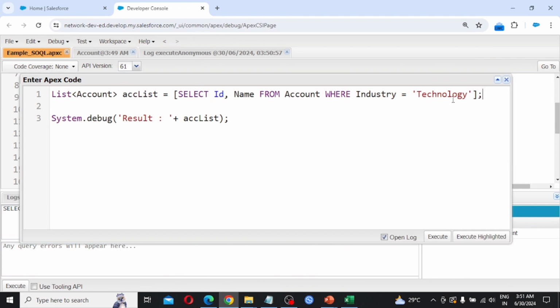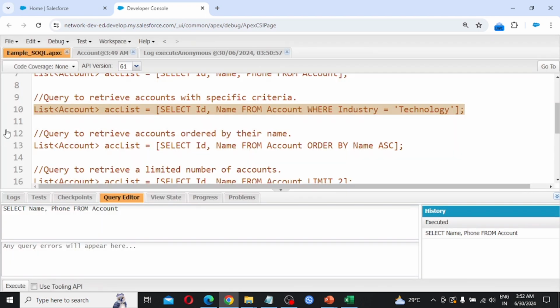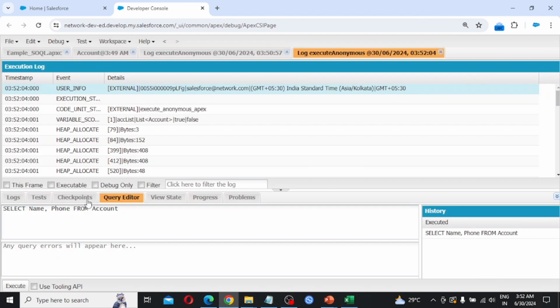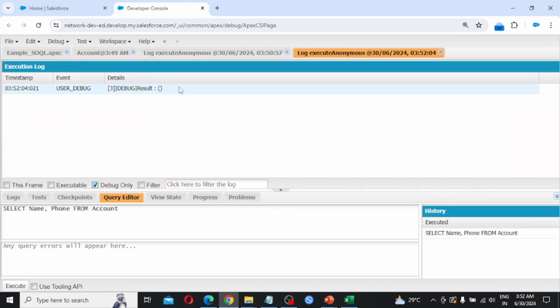So here I had taken Industry equals Technology. So let's execute. Debug only. So in Technology there are no records.